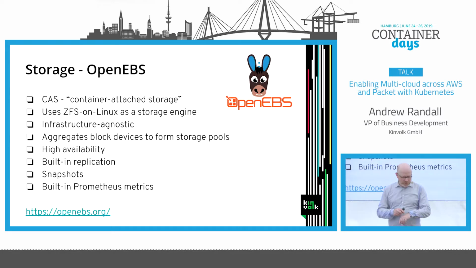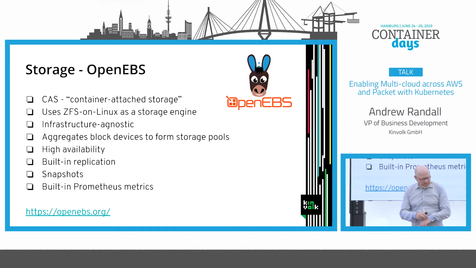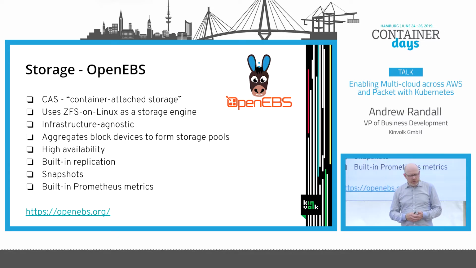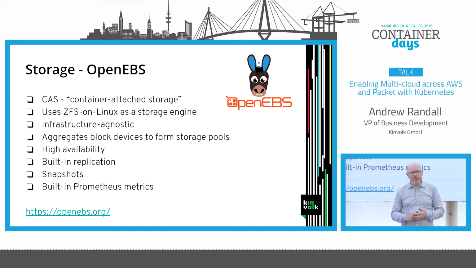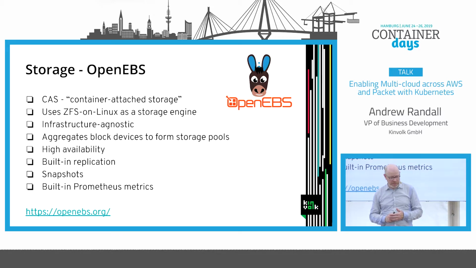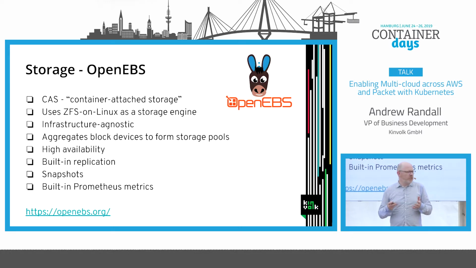The next item we talked about was storage, and the solution we came up with here is OpenEBS. Who's heard of OpenEBS? Okay, a few people are familiar with it, but it hasn't yet got universal recognition among the Kubernetes community. I think that may be changing because I think this is a really good project. It's certainly got a lot of promise from what we've seen. It is a Kubernetes native project for container attached storage.